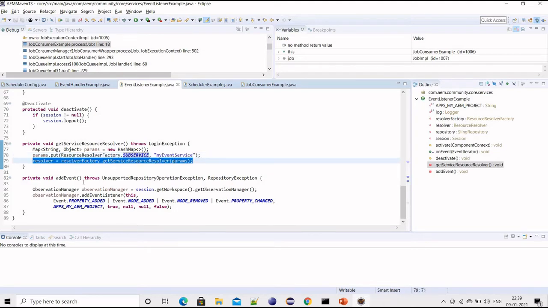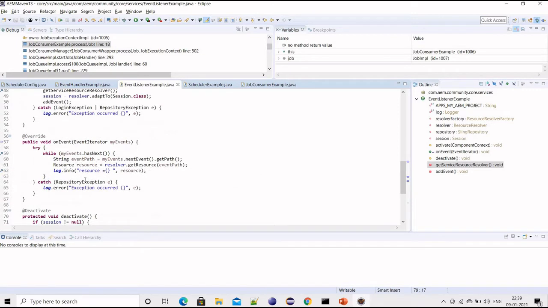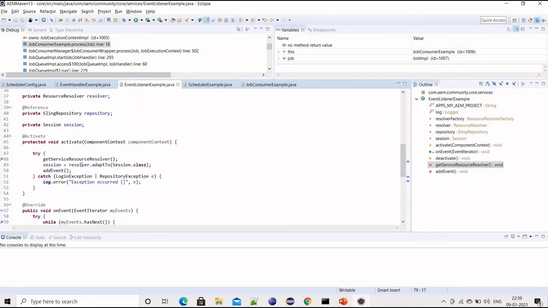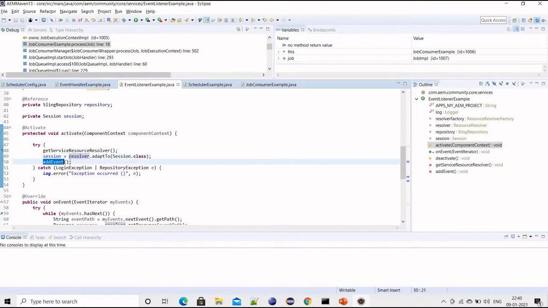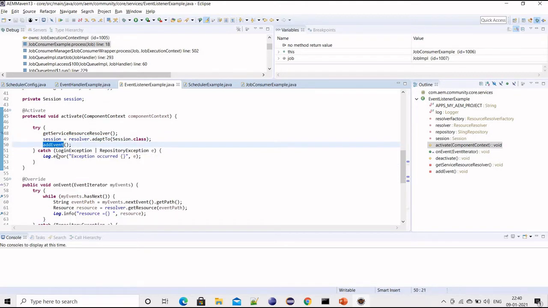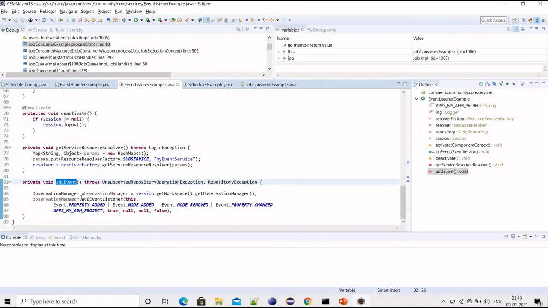Once I get this resource resolver, I will get the session, and then I'm calling this add event. Let me see what this add event is. Using the observation manager, from the session, first I get the workspace, and from my workspace I get the observation manager.